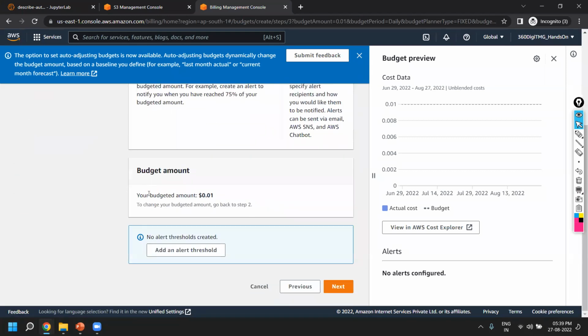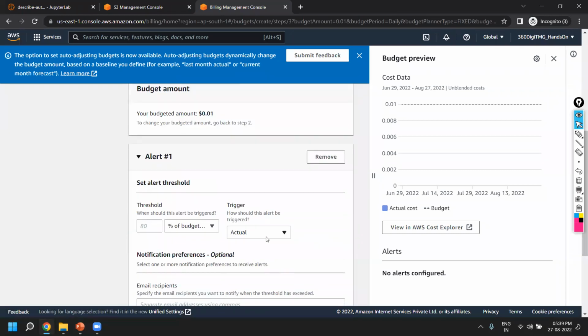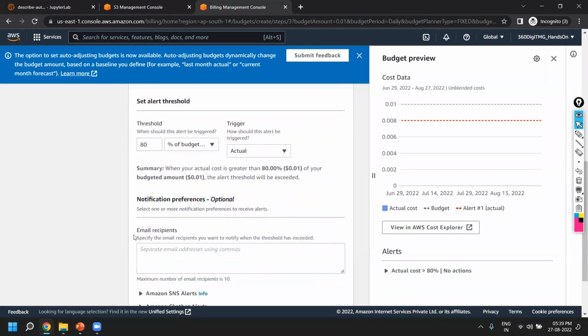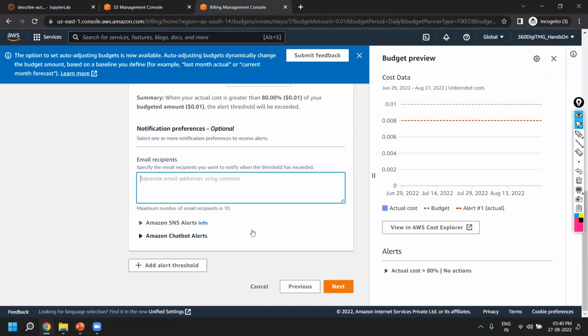How your budget alerts look like. This is basically what you have. Add an alert threshold. Before it actually stops, it gives you a warning message. So if you want to set up a threshold, you can also have this alert. If you say 80% of your budget is reached, then you might want to have an email. To whom you want to send the email can also be given here. So I'll say to myself,